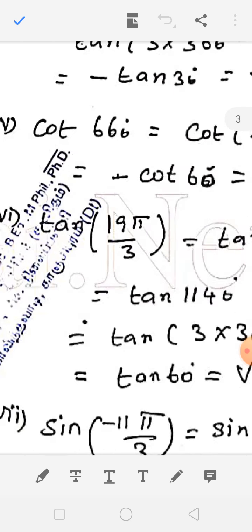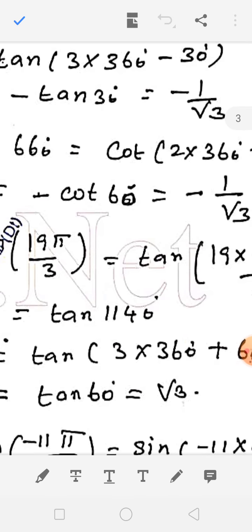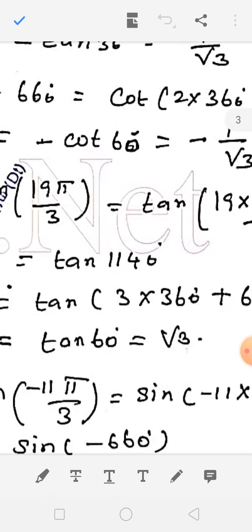Okay, so pi. So here give the pi value. Pi means what are the values of pi? Pi value is equal to 180. Okay, pi is equal to 180. So we know that pi value is 3.14, pi value 22 by 7, and so on. But here in the trigonometric table, pi value is equal to 180 degree. So pi by 2 value what? 90 degree. Pi by 3 value what? 60. Pi by 4 is 45. Pi by 6 is 30. Likewise you have to use. So in the place of pi, put 180 degree and cancel, you will get the answer.